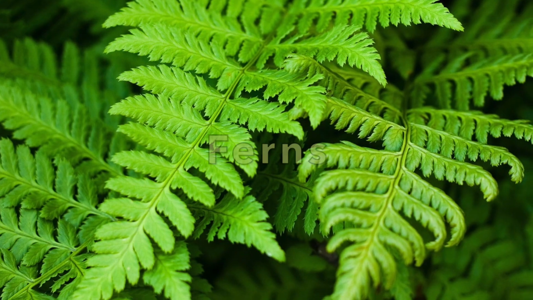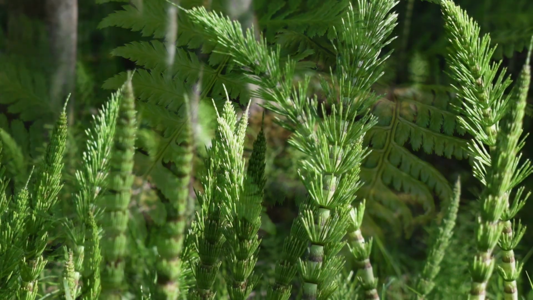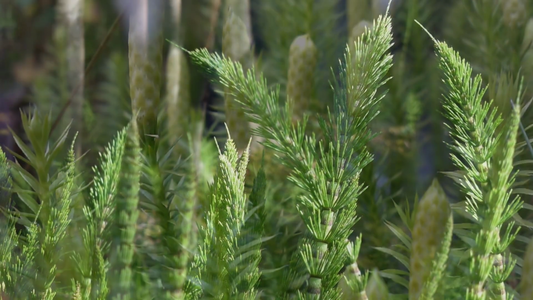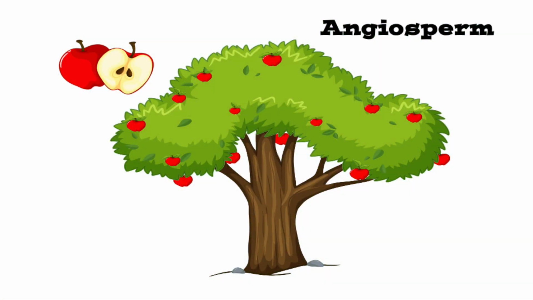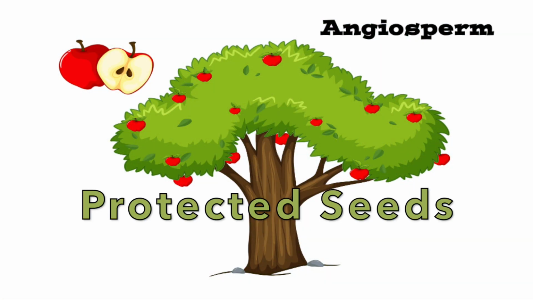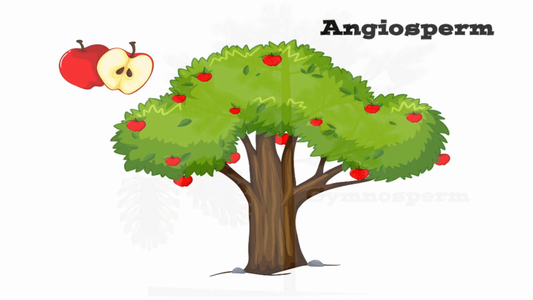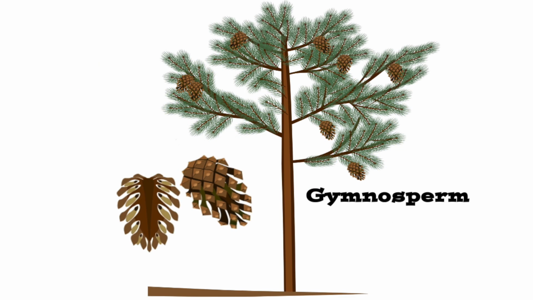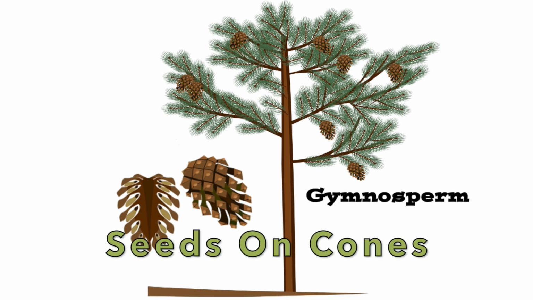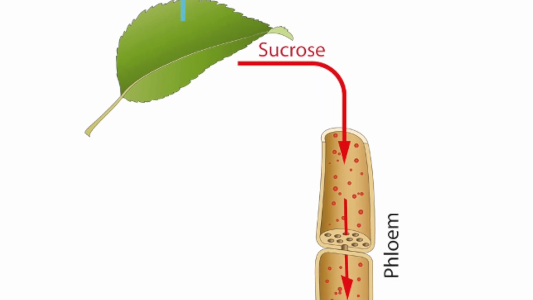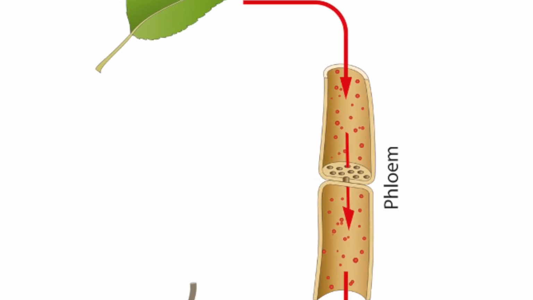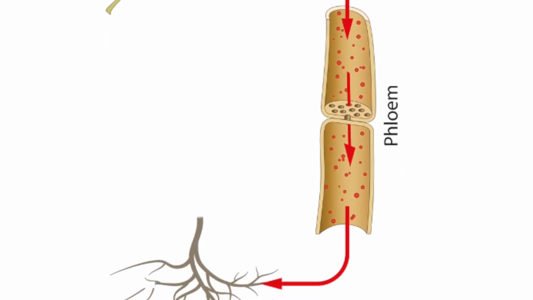This includes ferns, horsetails, and club mosses, angiosperms that are flowering plants with protected seeds, and gymnosperms with unprotected seeds not enclosed within an ovary, but instead on cones. Phloem is the plant vascular tissue responsible for moving food, such as sucrose, made in the leaves during